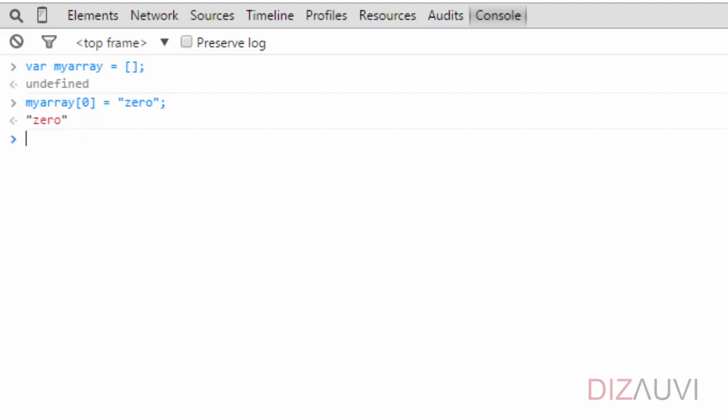So the first element that we added to our array was a string, right? We can add the next element as a Boolean type. So let's say myArray[1] is equal to true. Alright. And then let's add the next element as a number. So we say myArray[2] is equal to the number 4.